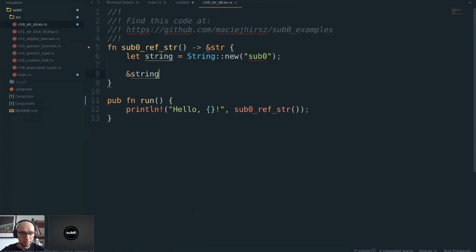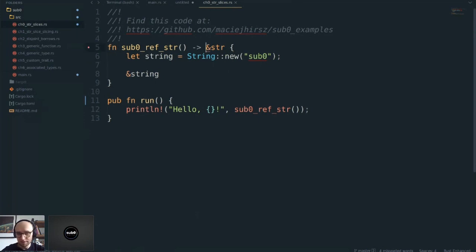So I'm trying to do something here. I'm running a function, and I'm trying to print a hello, and I'm trying to get a reference from a return value from a function, right? And I'm trying to return a reference to a StringSlice, and I'm trying to borrow the StringSlice from an allocated capital S string, and my compiler is not very happy about this.